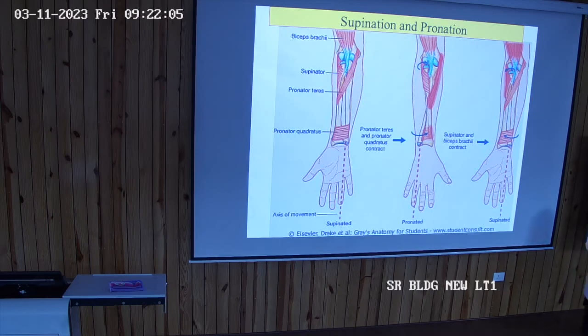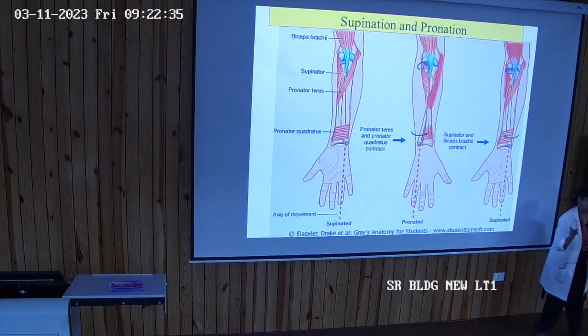So what is supination? Basically in the semi-flexed position of the forearm, it rotates and turns the palm upward. This is supination. And if the palm is turned downwards, this is pronation. Now this movement is taking place at both joints, superior and inferior. It will not happen at the fibrous joint, as that is a syndesmosis and no movement takes place. So at the superior and inferior radioulnar joints there is supination and pronation.